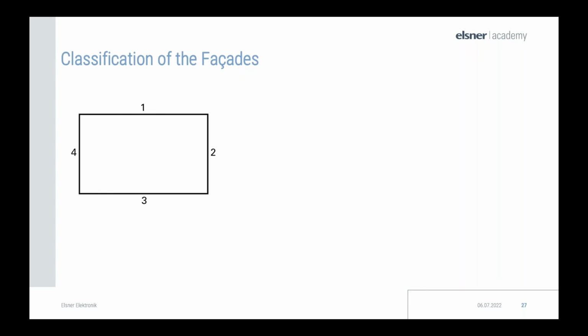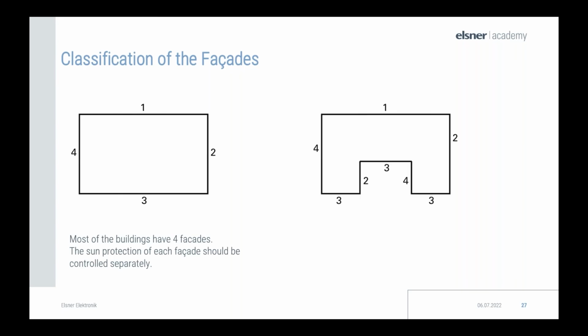So in the first photo, we have a very basic one with 4 facades. In the second photo, you see another building shape, which is the U-shape floor plan, and that one only has 4 facades as well. Remember that one. So you can see that the 4 will be here twice, same as the 3, you will have 3 times, the 2 times, and the facade 1 remains the only facade. So you can control those in groups since they have the same orientation.